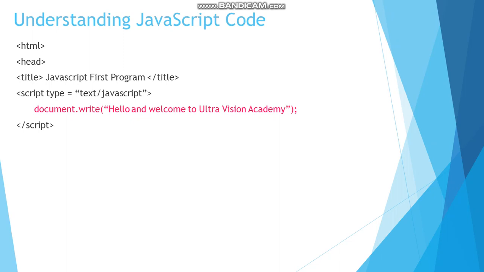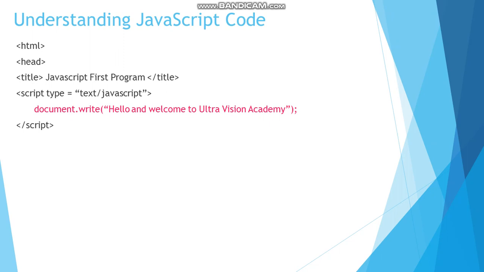Now this is known as JavaScript code. Whatever we write inside script and /script, that is scripting language code. And here we have given type is equal to text/javascript. It means that whatever statements we are going to write inside script and /script are JavaScript statements. If it is VBScript, then we have to write type is equal to text/vbscript. But if you forget to give the type attribute, it doesn't matter, because JavaScript is the default scripting language for most of the browsers nowadays.